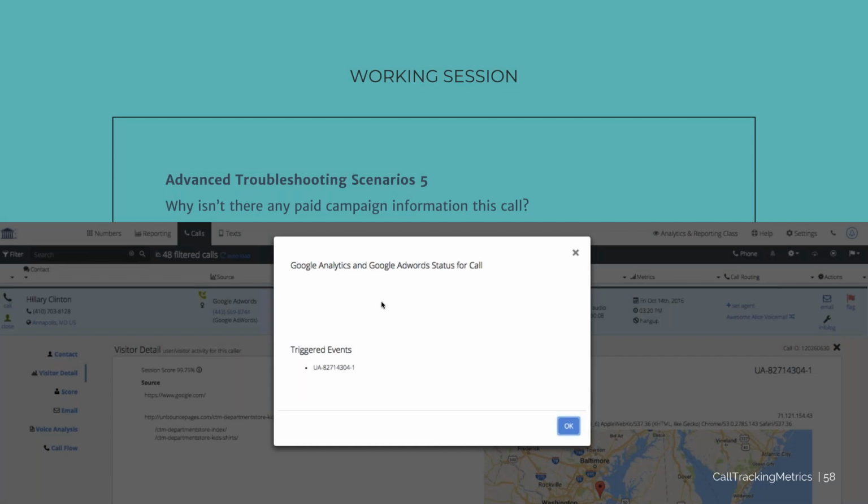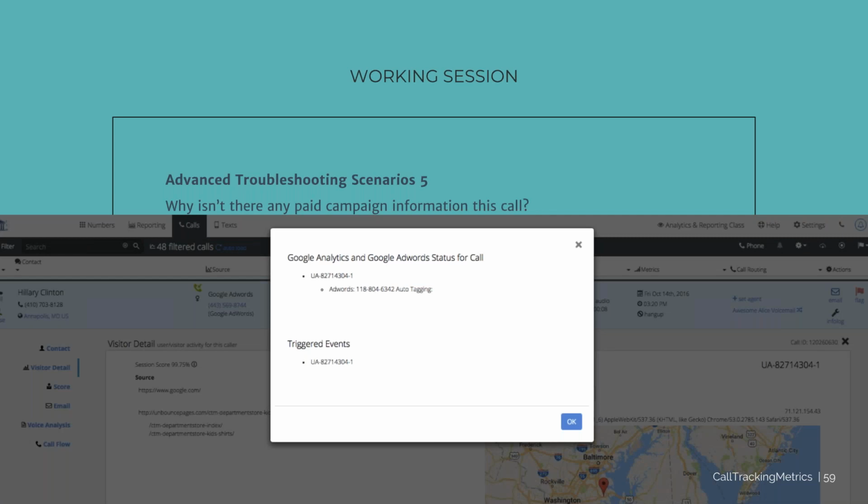Even though Analytics is on the page and tracking the session, if Analytics and AdWords aren't connected, we're not going to be able to get that campaign data. That's another common issue. This tells us we did trigger an event, but it didn't make it into AdWords because they're not talking. If they were connected, it would let us know what Google AdWords account it was connected to.